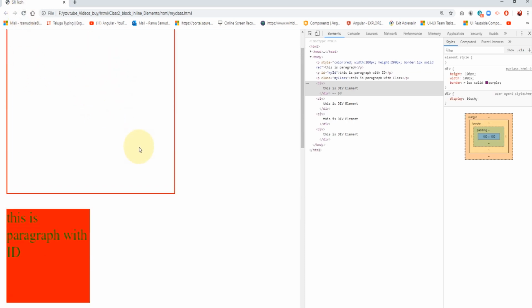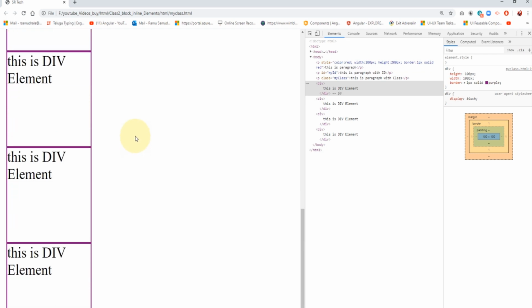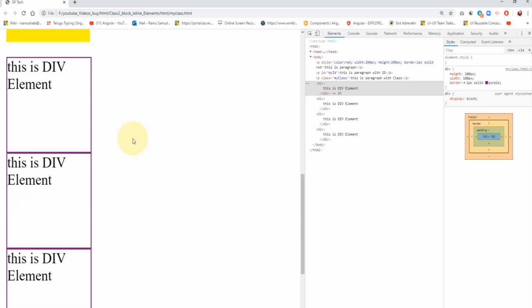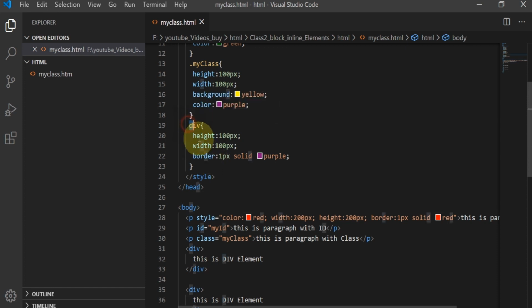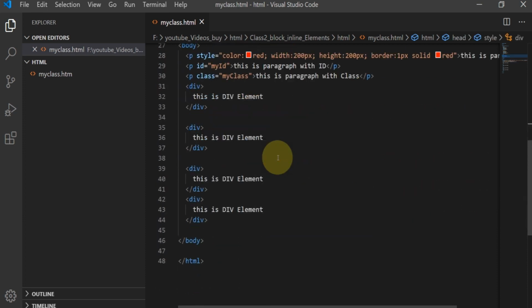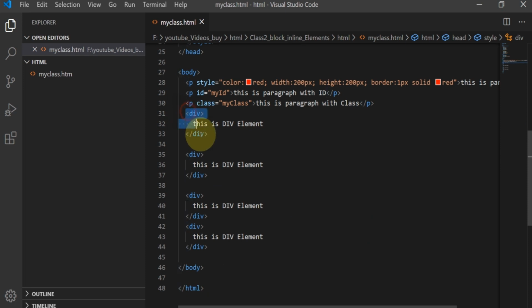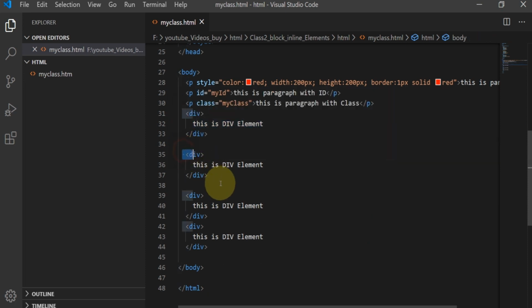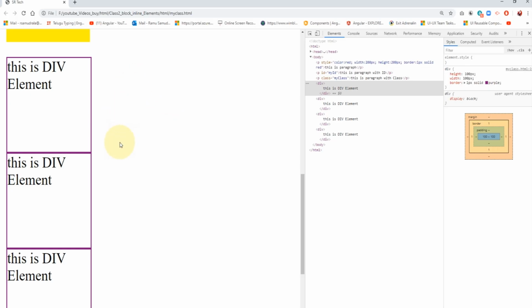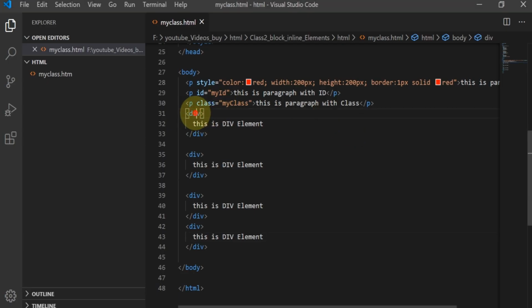Just see here, I gave styles for only one div, for the first div, but I haven't given anything to the remaining divs, right? But it is applying. The reason is the tag selector will select the tag, that is div, so it will be applicable to all div elements.